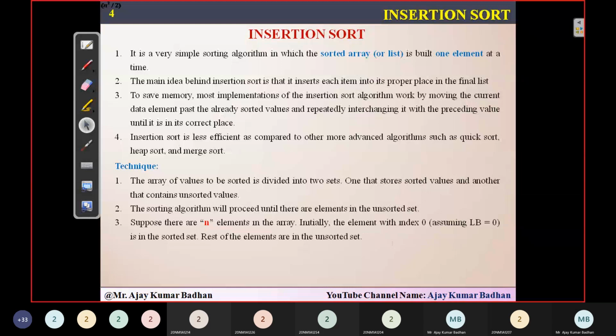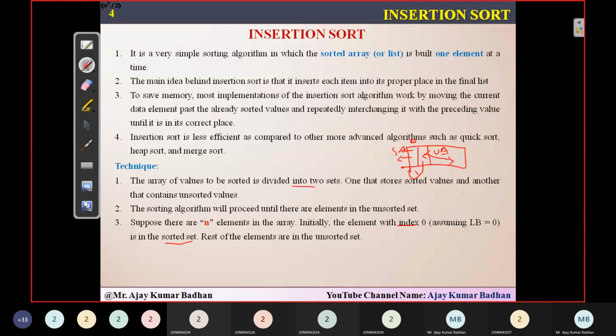So let us suppose that there are n elements present here. Initially we will take index 0, as I represented here. So the first element I am fixing, and I am assuming that this is in sorted order. The index of that position is 0. He is selecting that index and assuming that that particular value is sorted. Now the remaining elements are what he is calling the unsorted array. This is the sorted array, and this is the unsorted array. From the unsorted array, I'll take one element at a time and compare it with the sorted one.